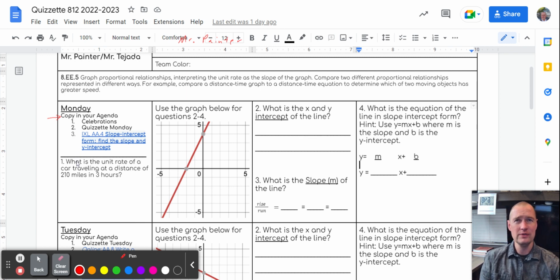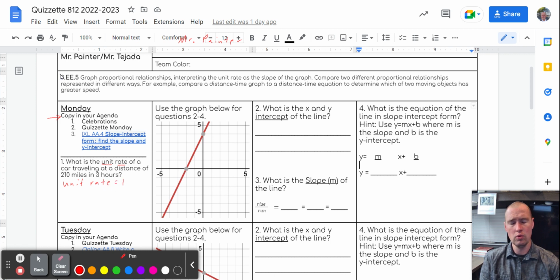Here we go. All right, number 1, what is the unit rate of a car traveling at a distance of 210 miles in 3 hours? All right, the unit rate, let's write this down. Unit rate